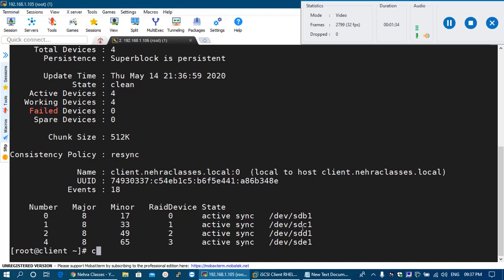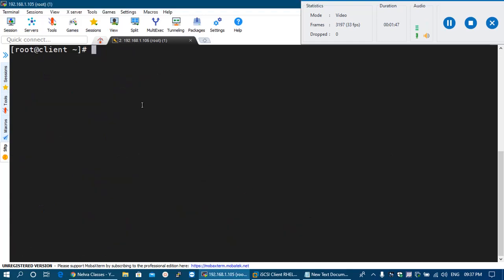Now if I want to make this partition /dev/sdb1 faulty, I will run mdadm /dev/md0 command. After that I will specify the partition which I want to fail with option -f. So it will fail this partition from this RAID. So we have set this partition as faulty.